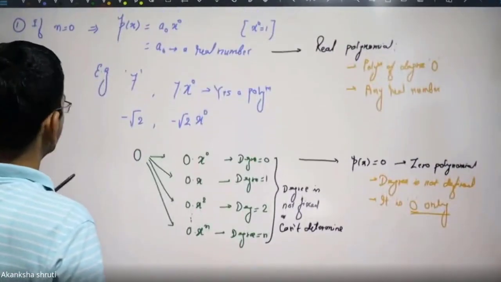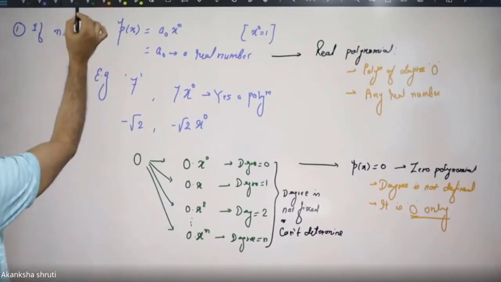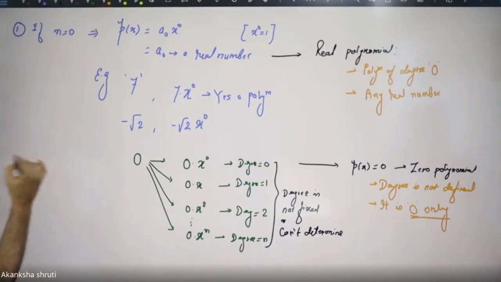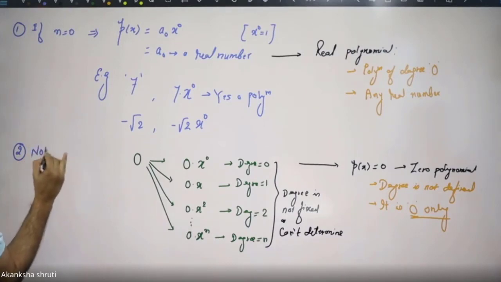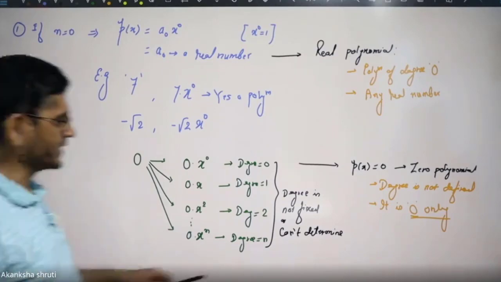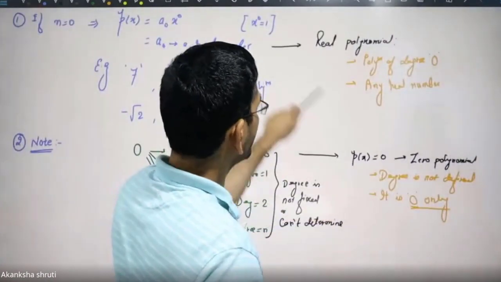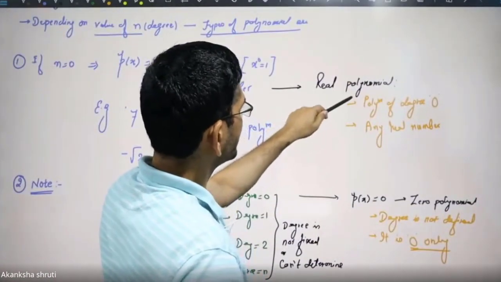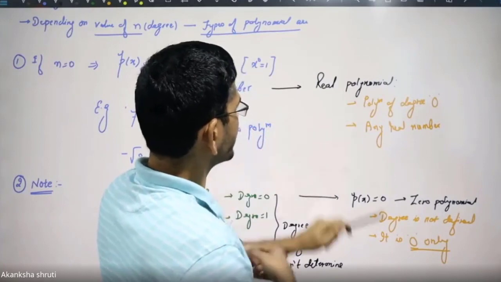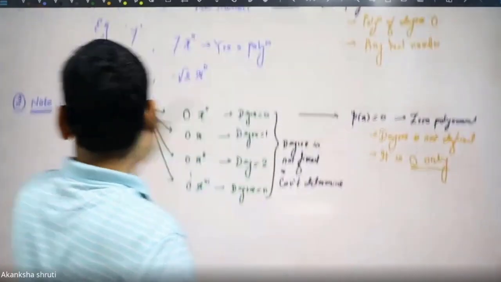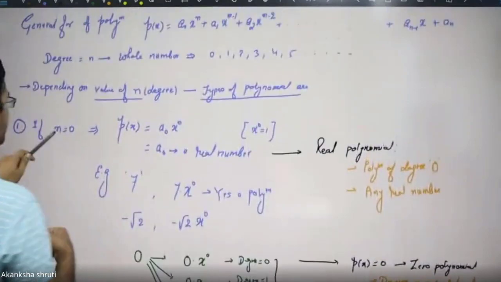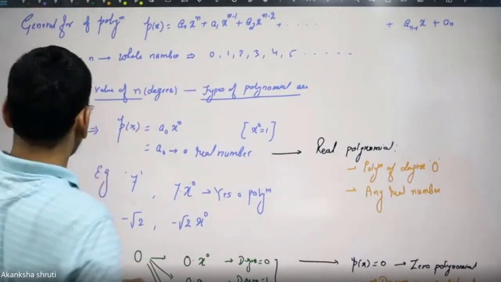So this was regarding degree 0, and exclusively this second category that we have learned. So make this a note. These are very important things, students, very basic for the entire mathematics, where you have to understand what we mean by degree and what the different types of polynomials are, because different types of equations, quadratic, cubic, are based on this polynomial. Now let us consider n is equals to 1.